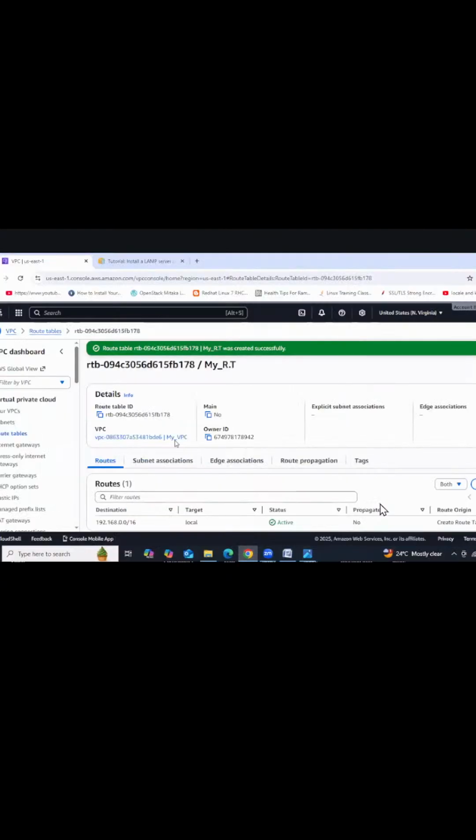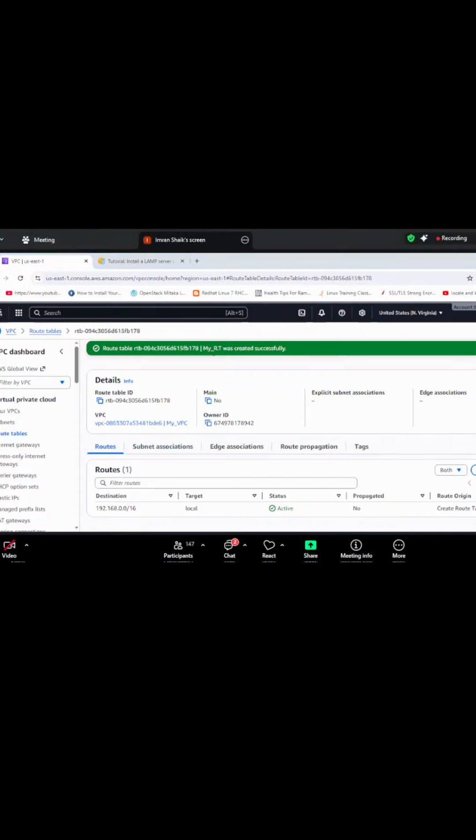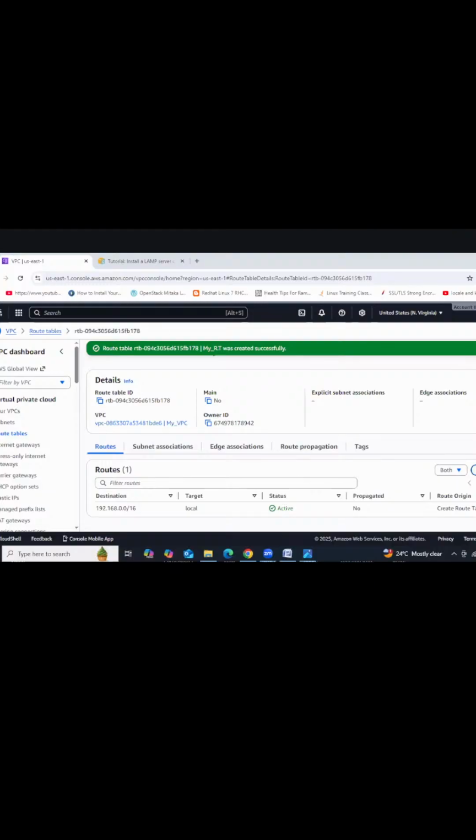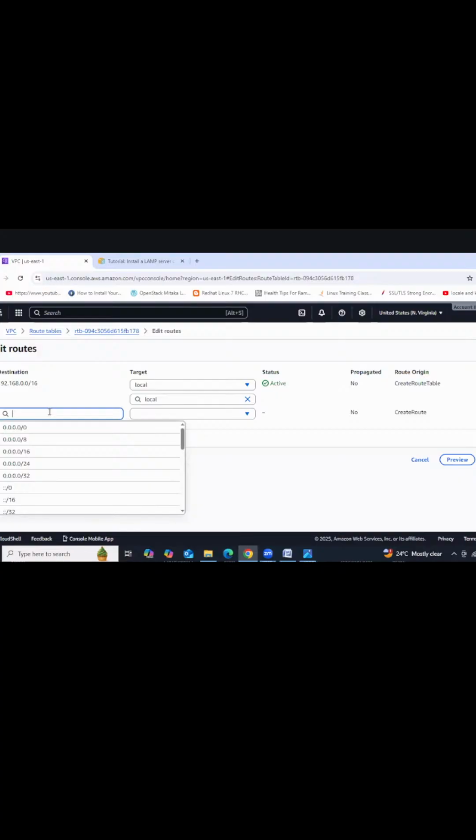So go to here. Routes we have, right? The first tab is routes and the second tab is subnet associations. We need to bother about both of those. So now go to routes and edit routes. Edit route, add route. Then here, select 0.0.0.0/0, and then here the target type.